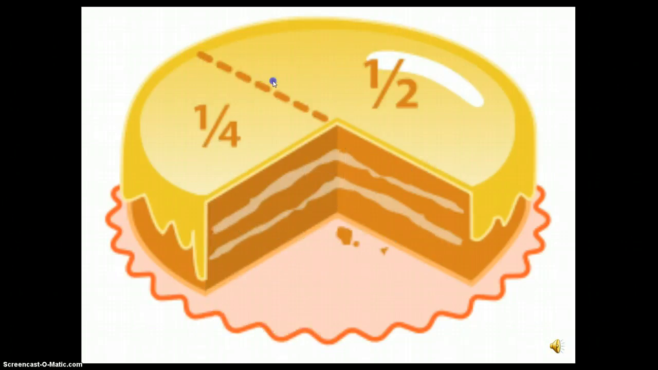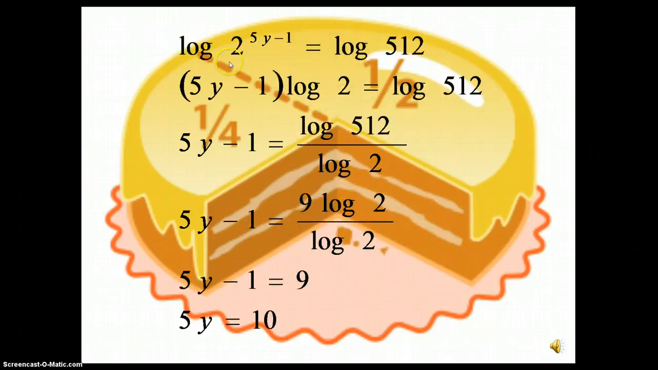Now if we take logs to both sides, we've got log 2^(5y-1) equals log 512, and then due to the law of logs, the power can be taken to the left hand side, so we've got (5y-1) times log 2 equals log 512. If we divide each side by log 2, we've got 5y-1 equals log 512 divided by log 2. Now, because we want the log 2's to cancel, we work out what we need